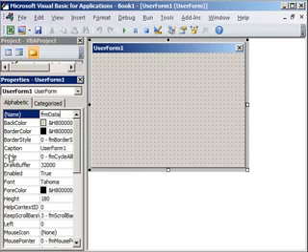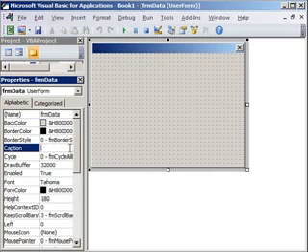In the caption, we can click here and we can just say data. Okay, and you see the moment you write data here, it appears in the title bar. So our object name or the form name is FRM data. Again, looks like a camel annotation, isn't it? So now